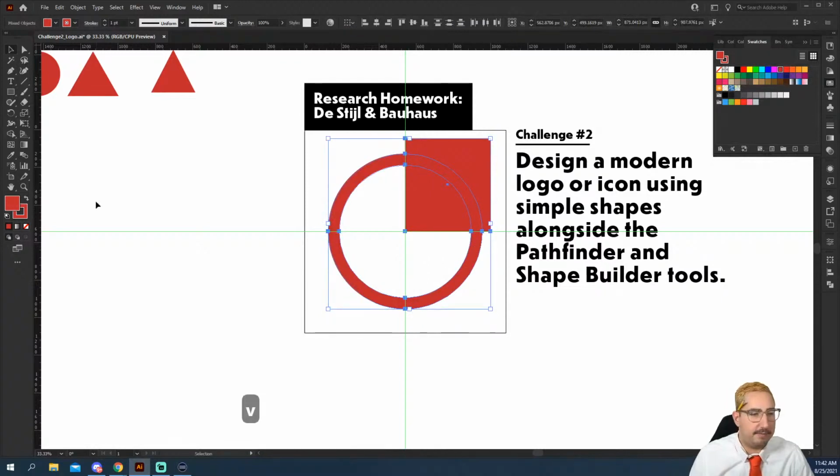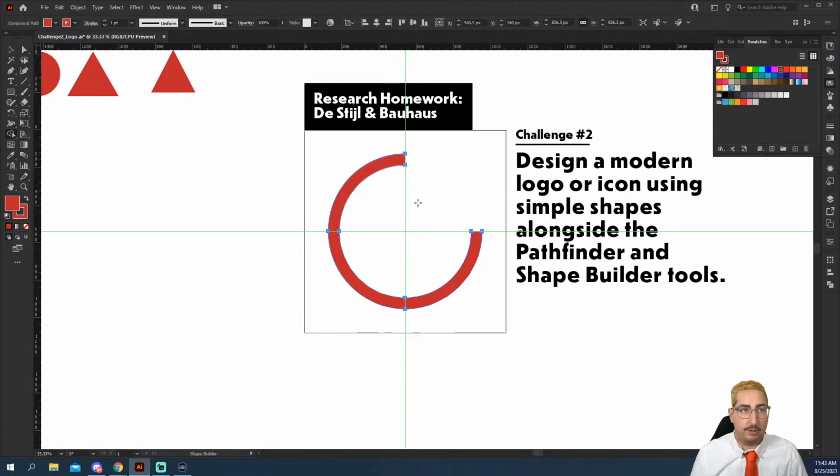And this time I am going to use the path. Let's use the Shape Builder. And because I know I want to punch this rectangle out of the circle, I can hold Alt and not only go over this one, I can go over the line and the other piece, and it's actually just going to subtract all of those. So anything that I do, it's going to subtract those through.